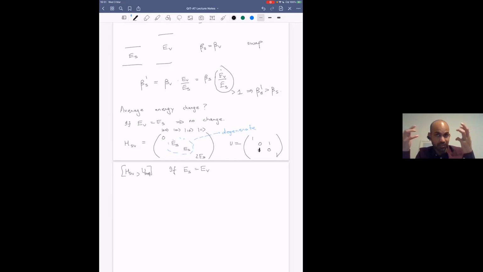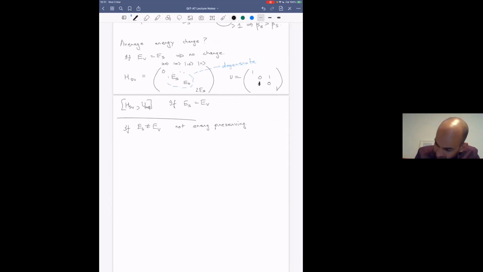If you have two qubits that have the same energy gap, then swapping them is an energy preserving operation because they have the same energy. So you cannot really change the energy by swapping the states. If ES is not equal to EV, however, then this is not energy preserving. And the energy does change. So the initial energy, which I could write as the trace of the total Hamiltonian HSV rho SV, is,